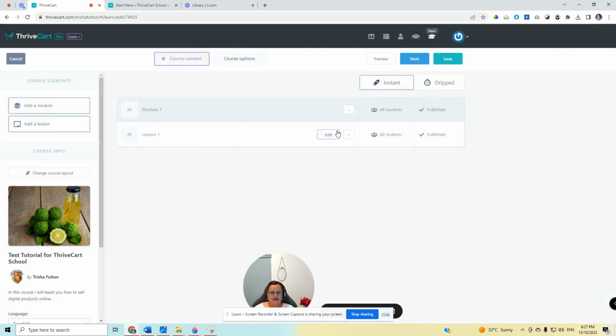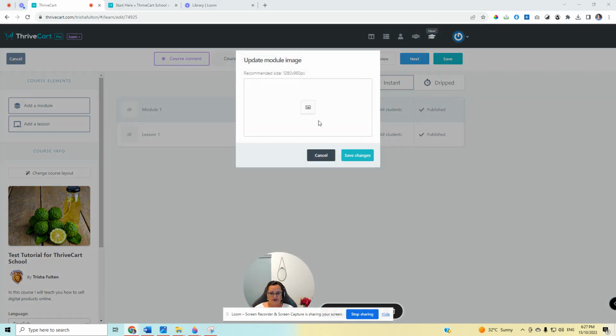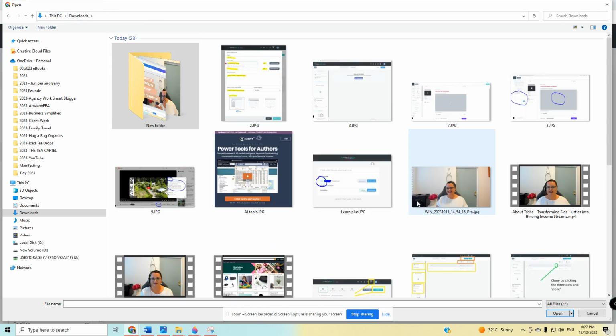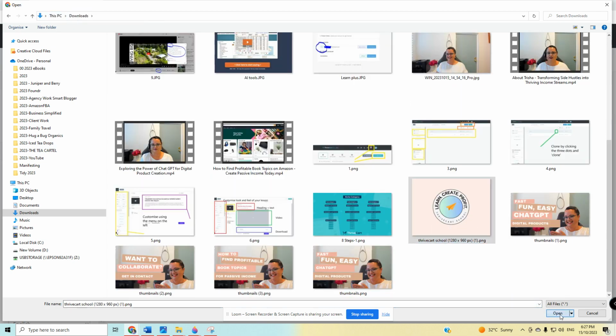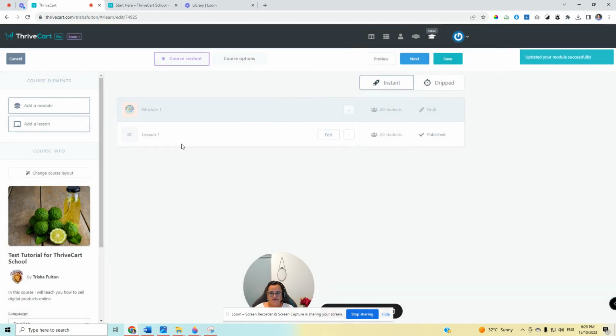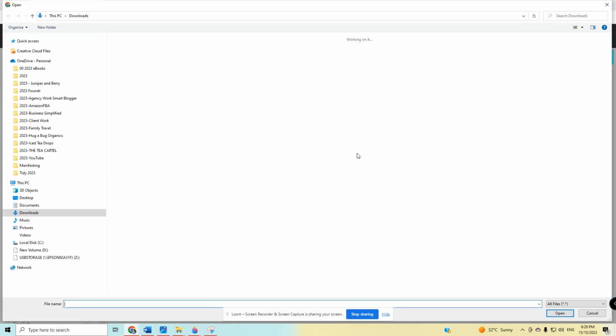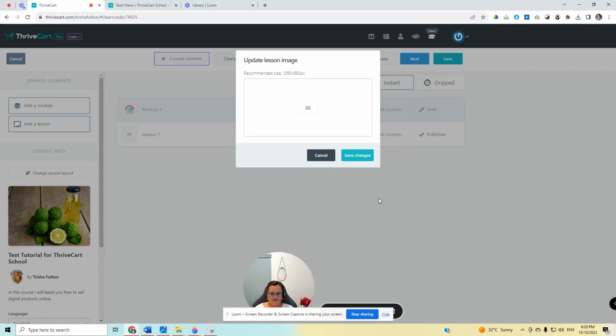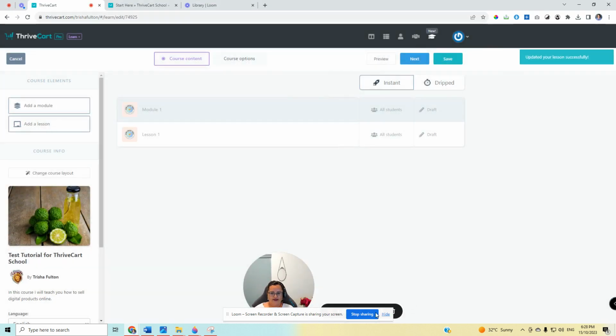Now currently this module and this lesson is empty. Let's add an icon for this. It'll always tell you the recommended size for the images. And now we want to create the lesson, so let's do the same thing again. Okay, done. When we go into lesson 1, edit,